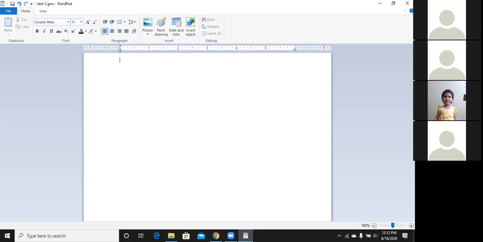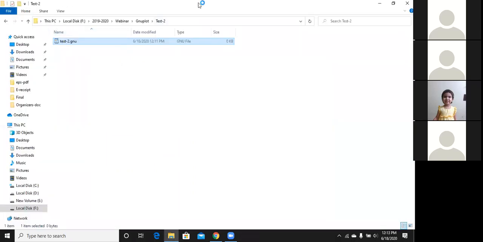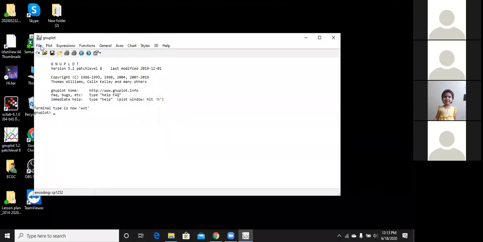But what I want right now is that you open this .gnu file using gnuplot. Let me copy the path. So I'll go to gnuplot, and here is the open script.